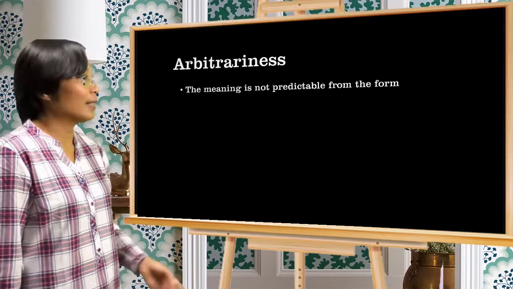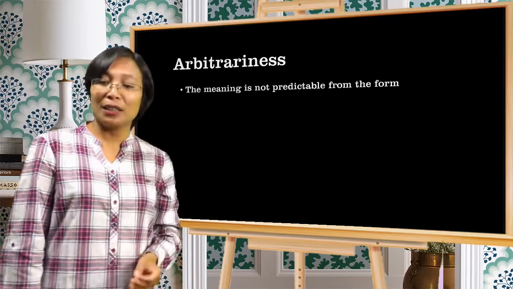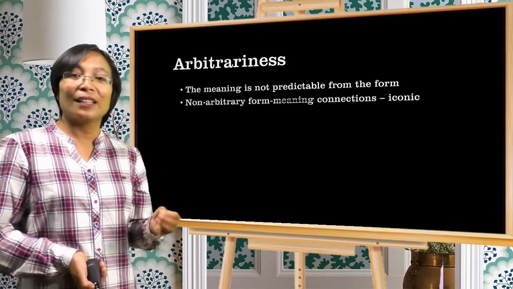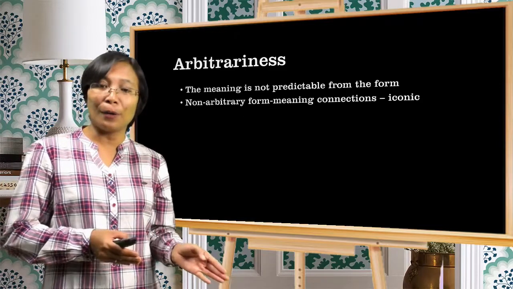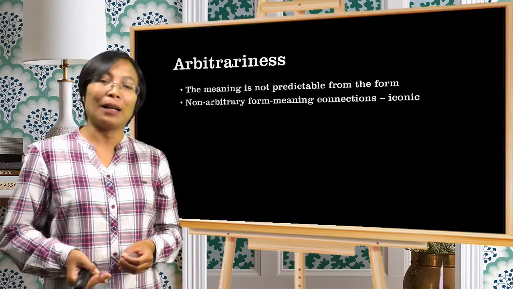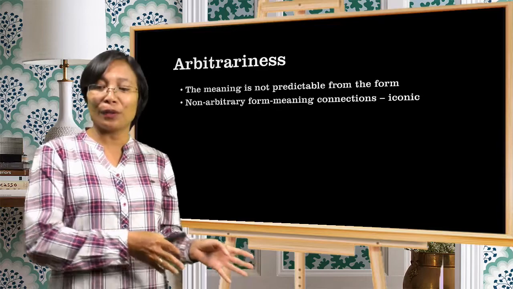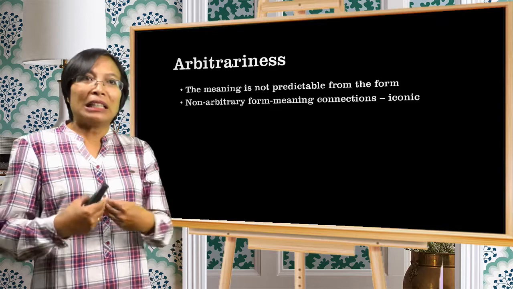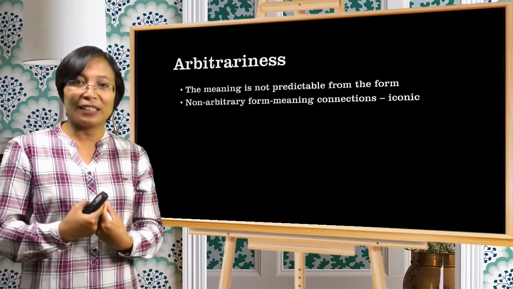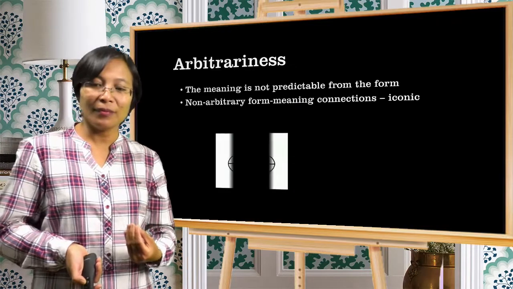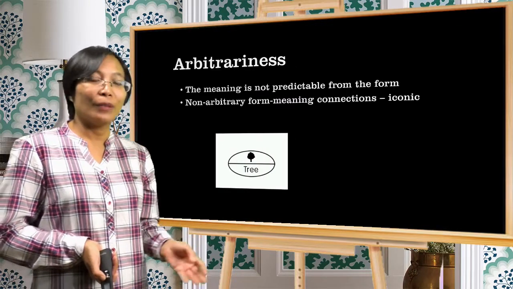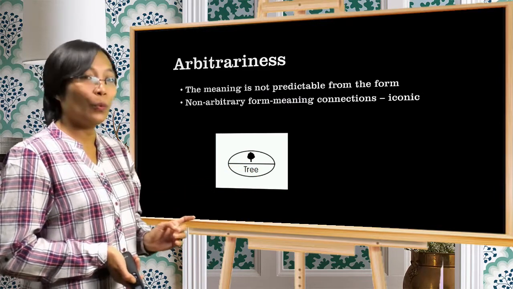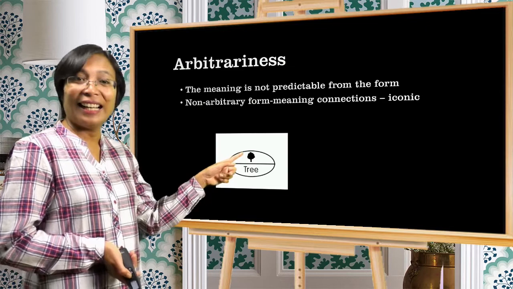Arbitrariness means that the meaning is not predictable from the form. There isn't any connection between the form and the meaning. But when we talk about non-arbitrary form, it means that the meaning and the form are connected, and this is iconic. The examples like this, when we talk about this picture, do you know why we call this thing a